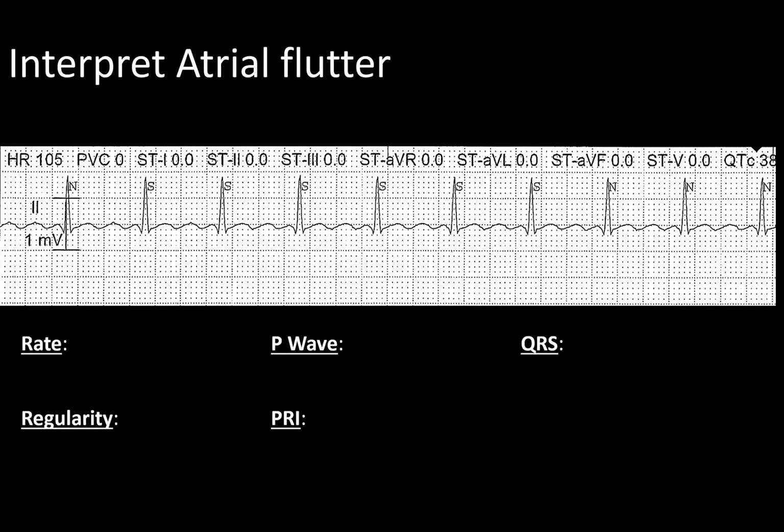So let's take a look at another one. I've got those marked out. So we have a 6-second strip, and it looks perfectly regular. There's no pattern, and no ectopics. But I will say that it looks like there's 3 Ps per QRS. And we'll come back to that just like we did before. Overall, the rate, we can do the simple way to